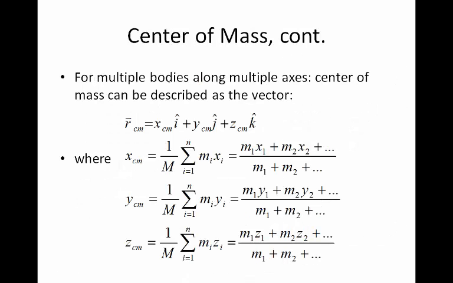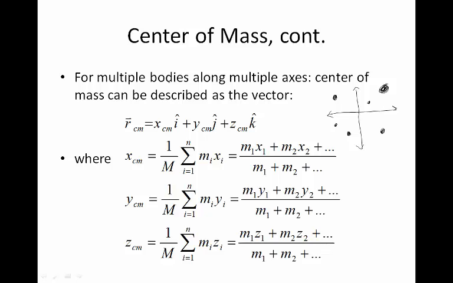So if you're talking about something in 2 dimensions, let's say you've got objects all throughout this 2-dimensional space. Let's say you're bored at a party and you're interested in figuring out, for all the people standing in a room, what's the center of mass for all those people. You can imagine these are all the people standing around in a room, and you want to figure out what the center of mass of all of them is. And so you could figure that out